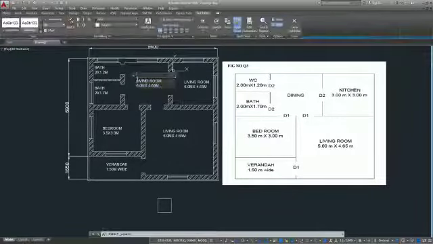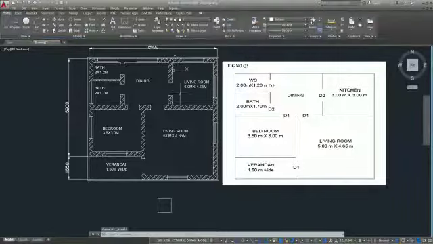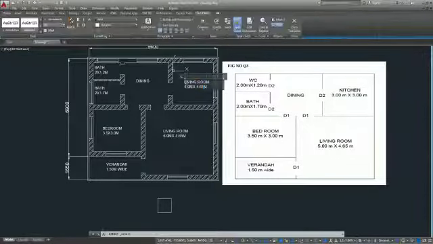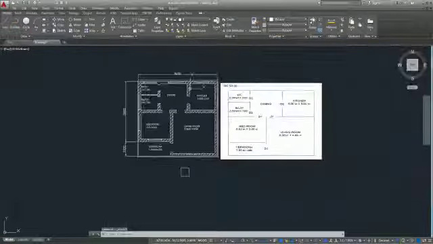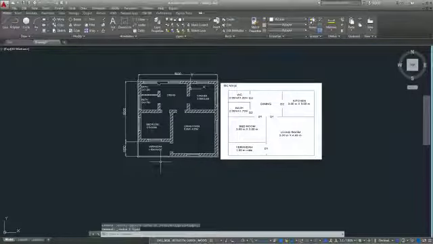This is dining room. So dining room dimension is not given. You don't worry. Whatever it is there, it will be there. Here is kitchen. Kitchen. Okay. 3 meter by 3 meter. Fine. Okay. Now this is perfect.